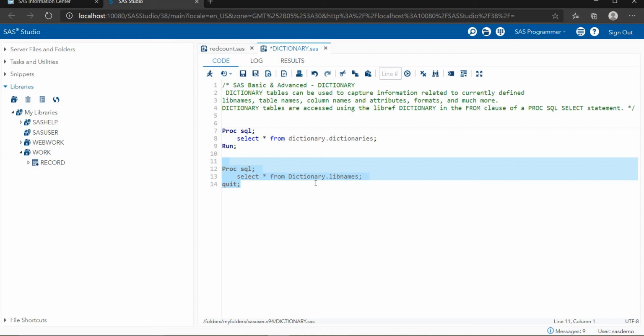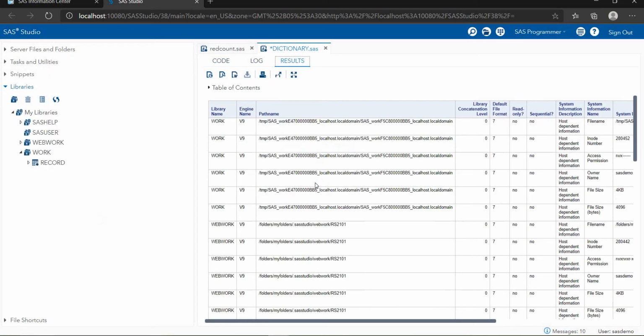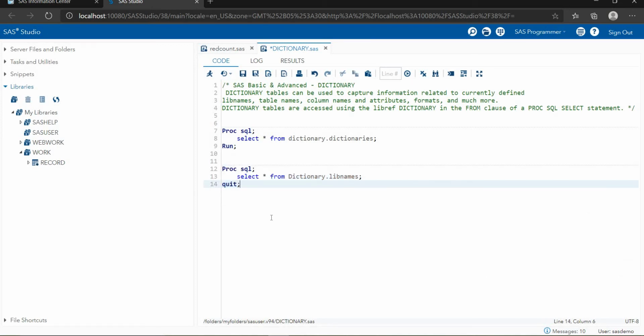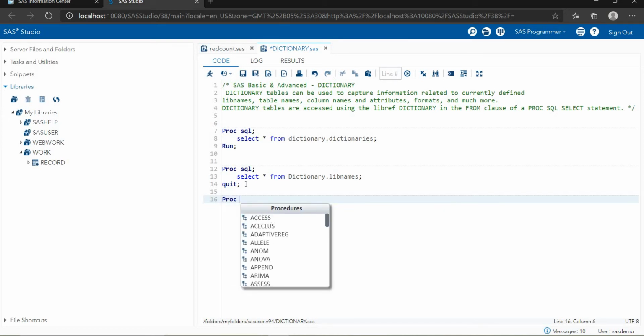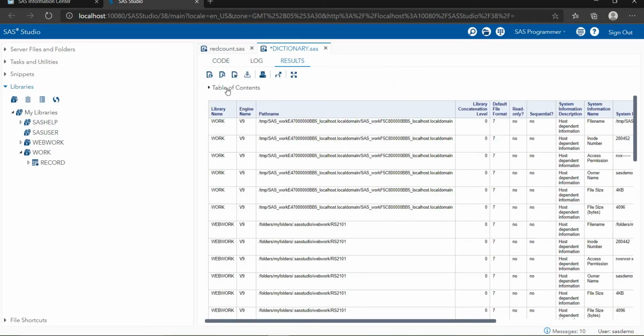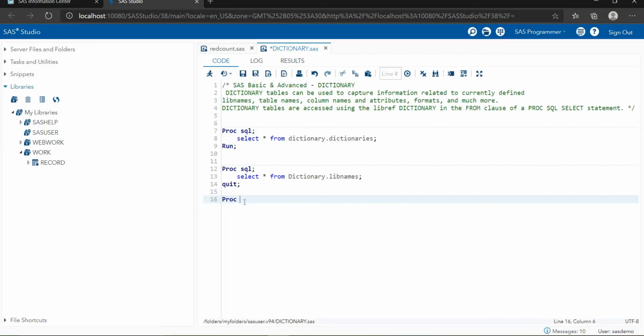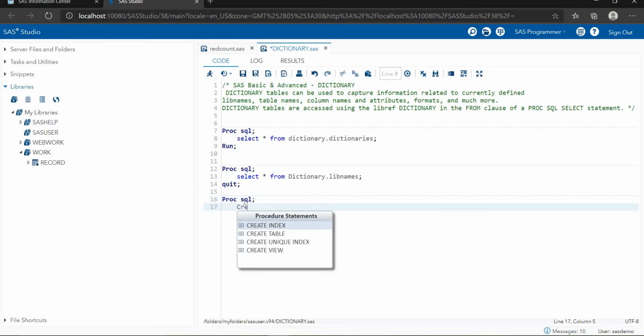Now, let's suppose how to create the table. Now your data is here, but you want to use that data. So you have to copy this data or create the table, because you can't use that particular data from here. You have to convert it into some particular table or some particular format. So the statement we are using is create table.